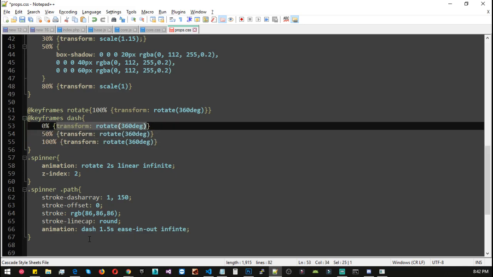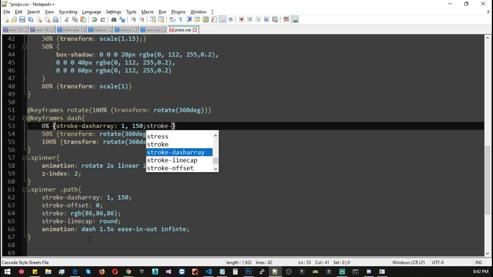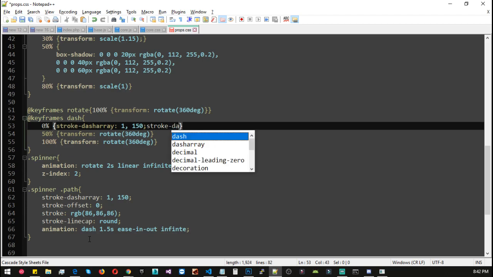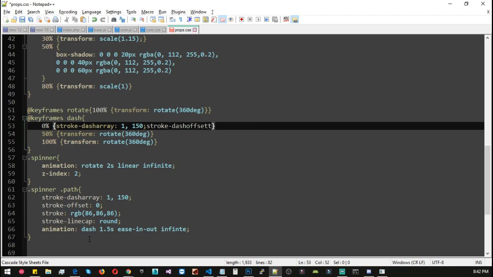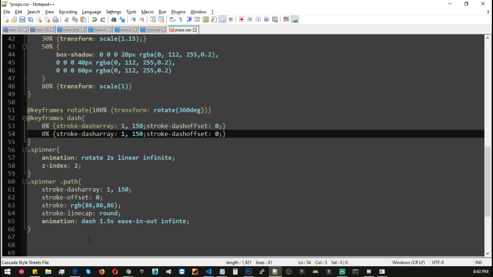Okay, let's add stroke dash array should be 1 to 150, and stroke dash offset should be 0. Let me duplicate this one,